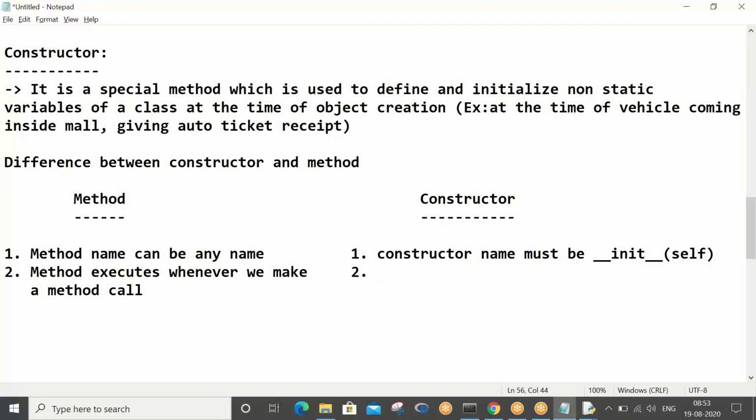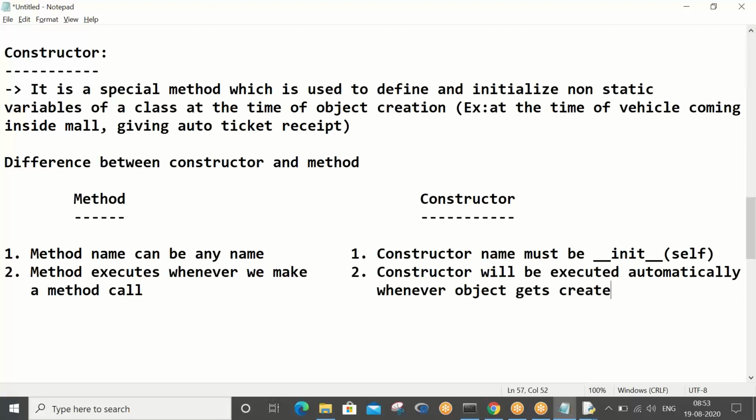In the case of a constructor, it will be executed automatically whenever an object gets created.